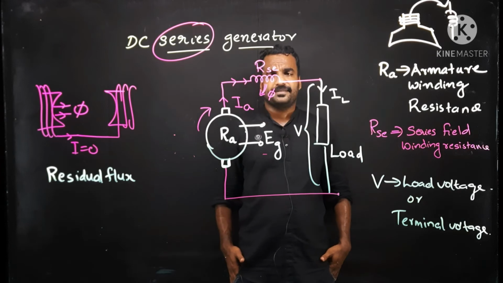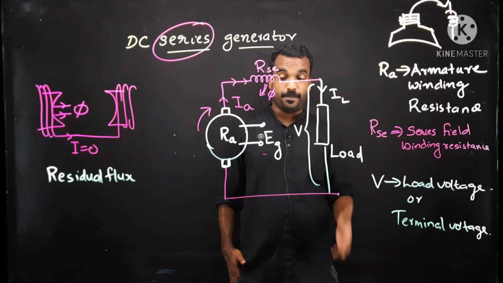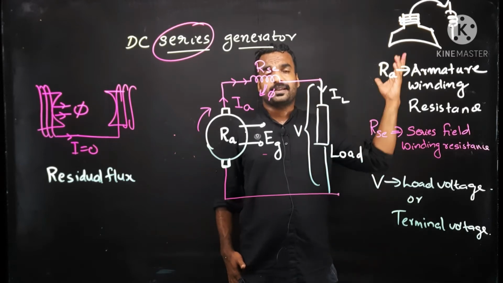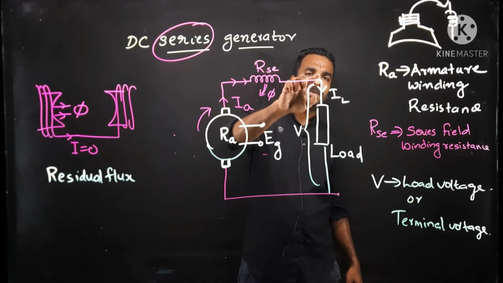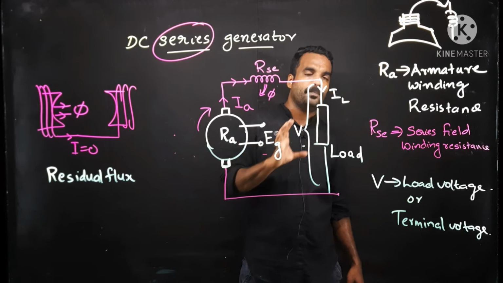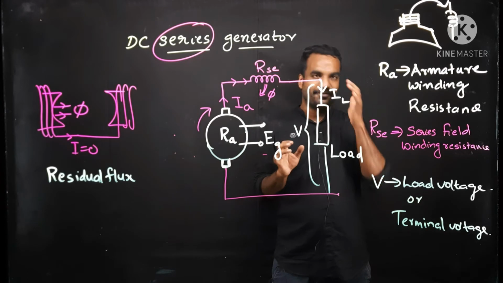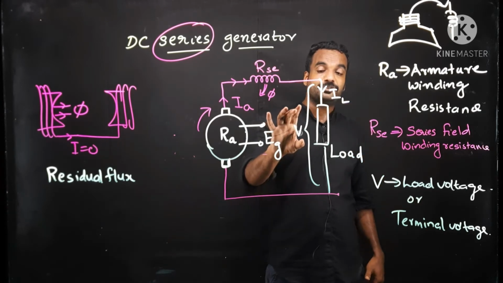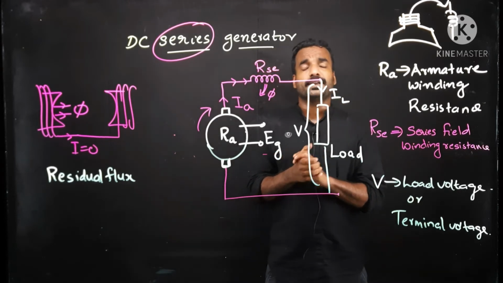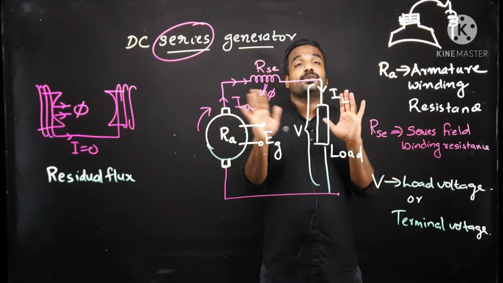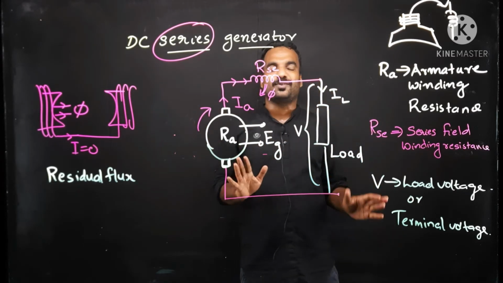We all know that power is produced far away from our home. Suppose we are producing power at Calicut diesel power plant, and by using transmission lines, we will bring the power to our home. In our home, we speak of voltage. We don't know about the generated EMF. We are always speaking about the terminal voltage. We know that terminal voltage is 230 volt in our home. But we are not thinking about the generated EMF there. That is my question. Will it be higher or lower?